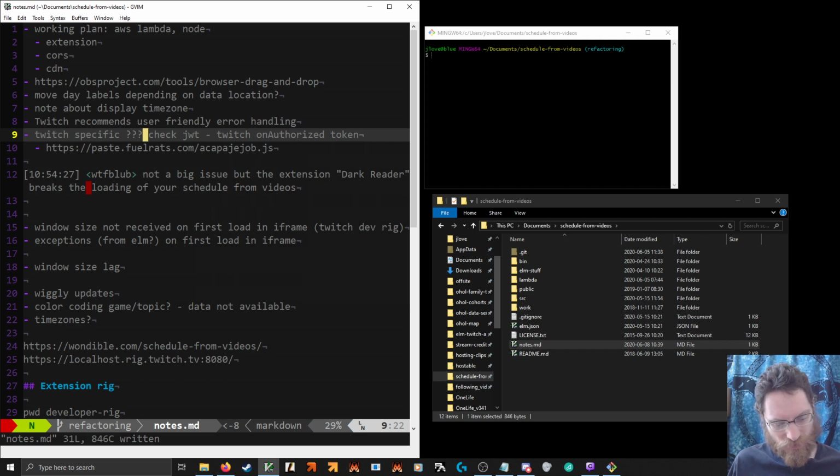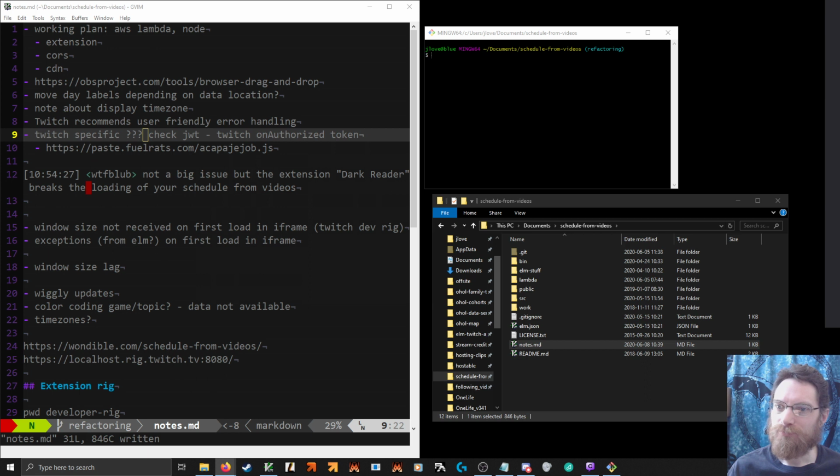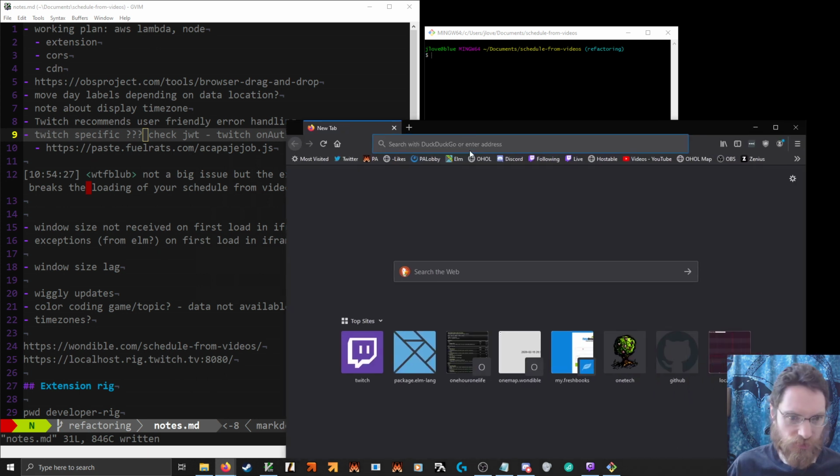Or at least on API Gateway, you can hook up an authentication handler, but I don't know how to make that conditional based on which stage it's in. And we could look that up.